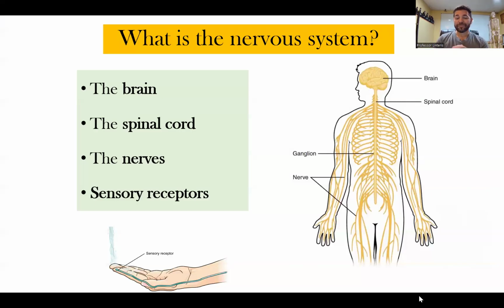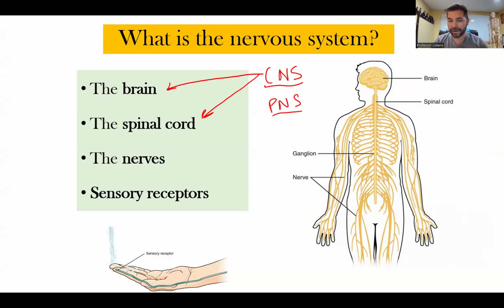And obviously, as we progress through further lectures, we're going to dive into the function of what all these do. So basically, we break the nervous system into a few general components. The first one is called the CNS, and the second one is called the PNS. We have a slide where I'll walk you through the roadmap, as far as the divisions go. But the brain and spinal cord are part of the central nervous system. And I'll try to color code this for you here, brain, spinal cord, respectively, as opposed to